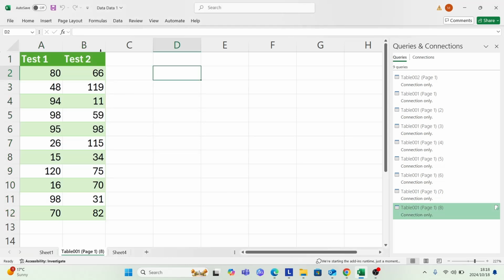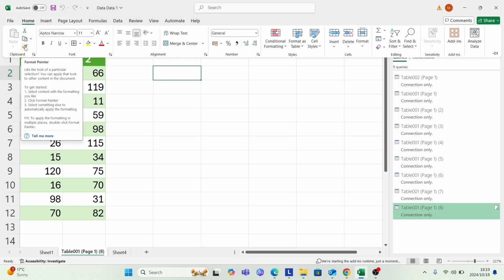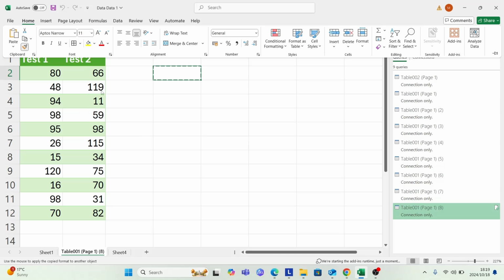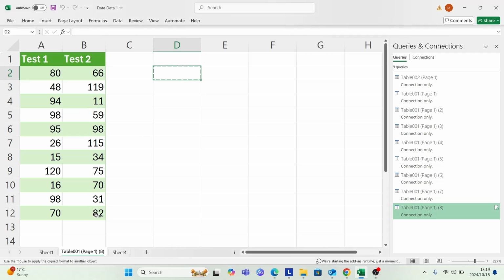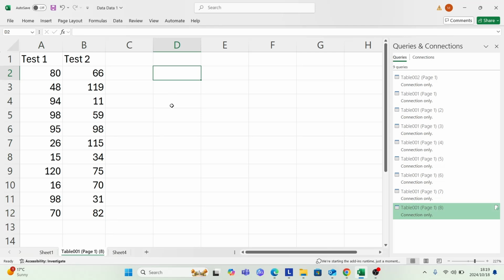Now click any cell, go to home and click this small broom. Now just highlight the data like this. Yeah, so that's how you could remove a table from a data, and that's what I had for you